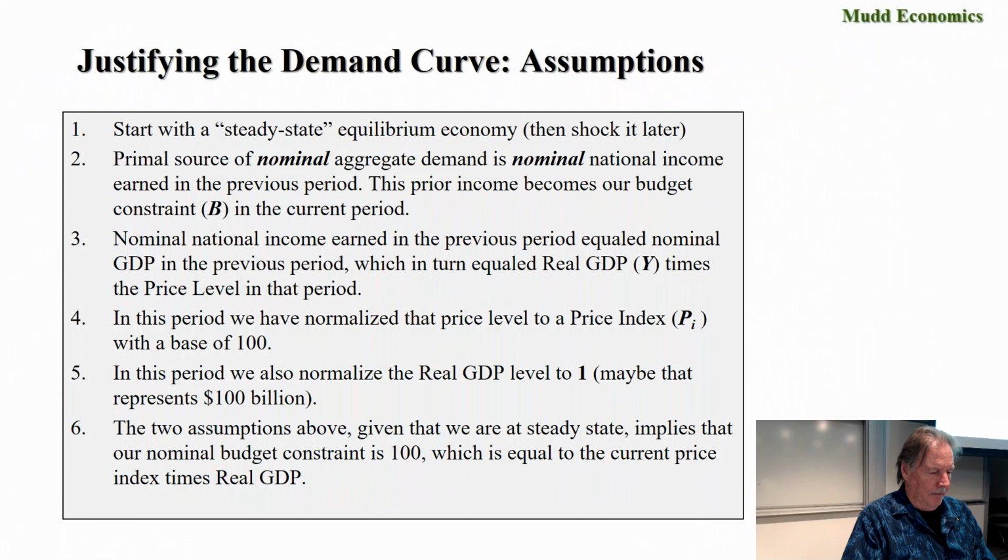So it's a shock model that does not tell you how it got from A to B, but shows you that it did go from A to B and explains how it got there. And that's the sense in which it's comparative. So we're going to say that the primal source of nominal aggregate demand, which is demand for goods not adjusted